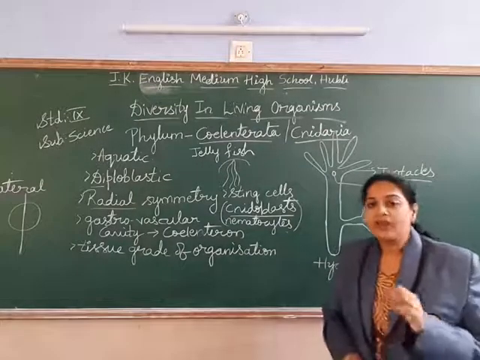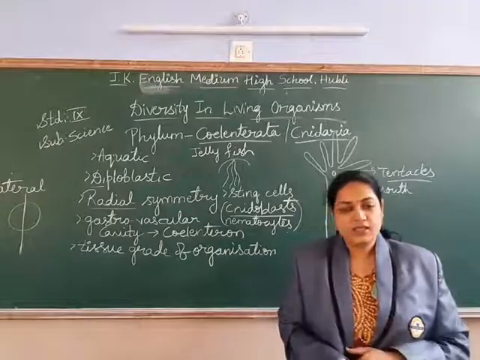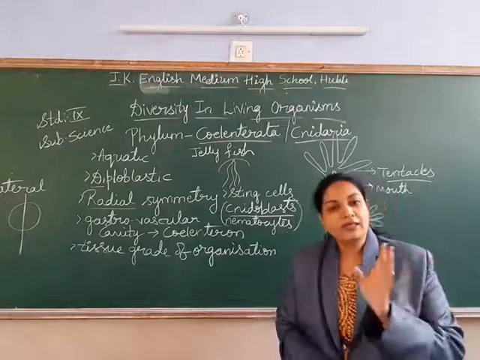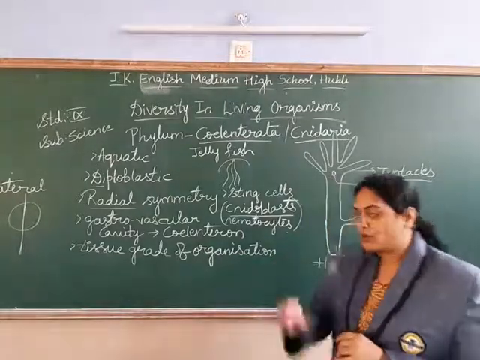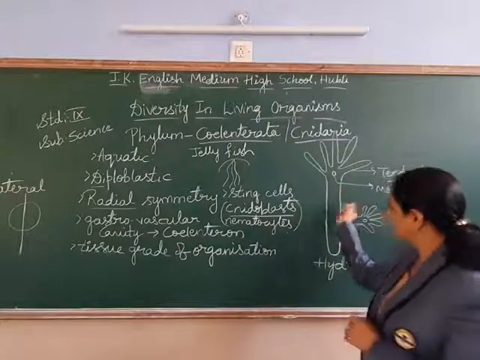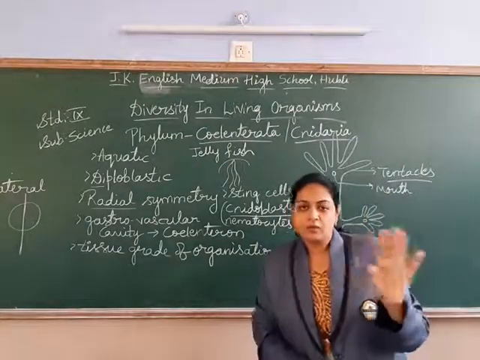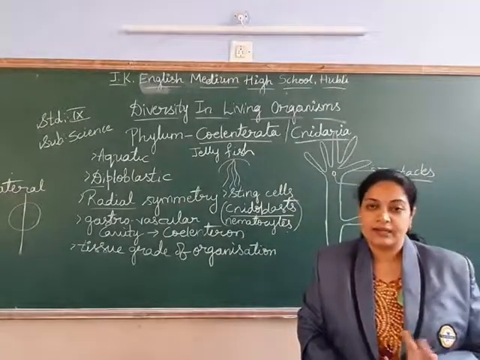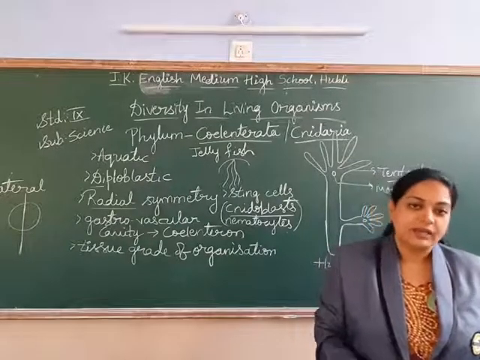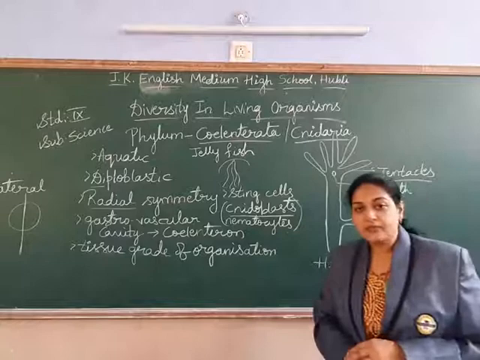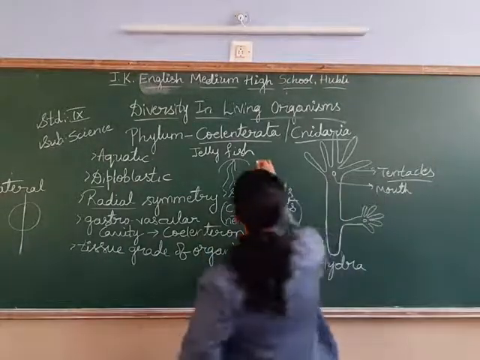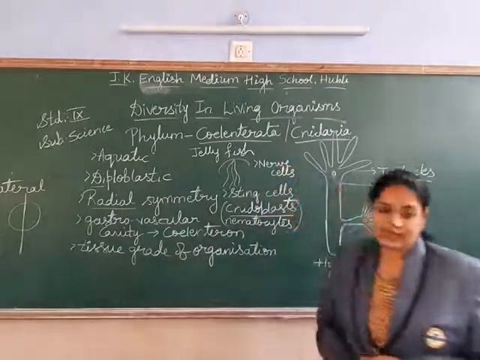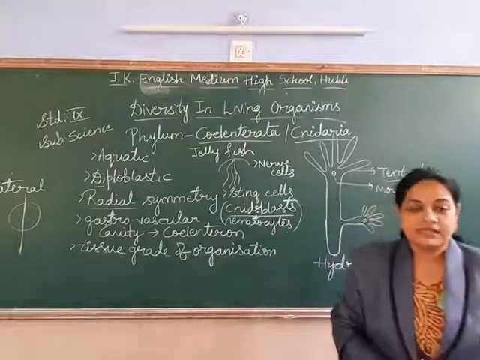Next, they do not have respiratory, digestive or excretory systems, no particular systems. Only by the simple process called diffusion do they take in oxygen and give out carbon dioxide. So simple diffusion takes place, but there are no particular respiratory or digestive systems. Right? Next, the nervous system is also primitive. You only find nerve cells, students, but there is no particular nervous system.